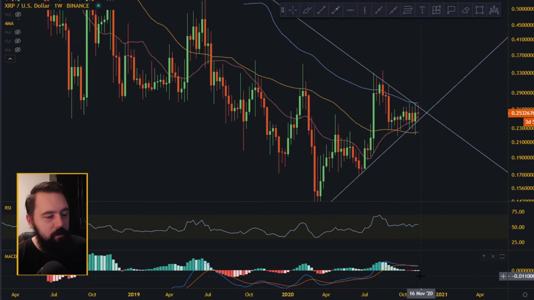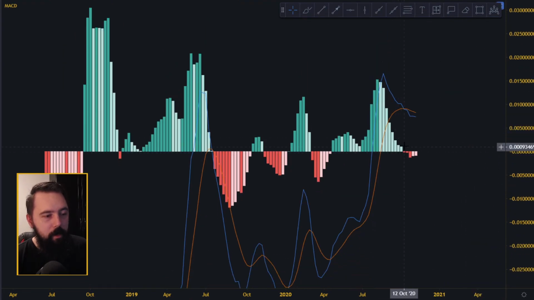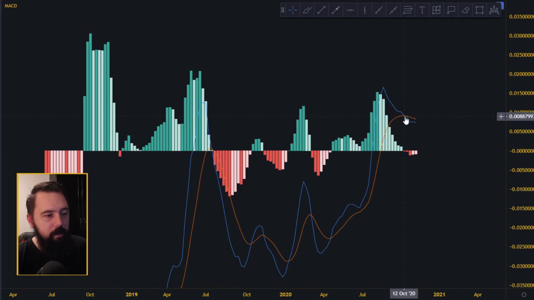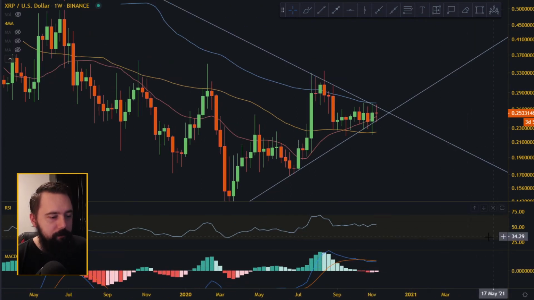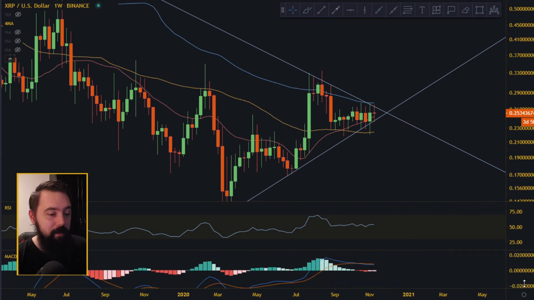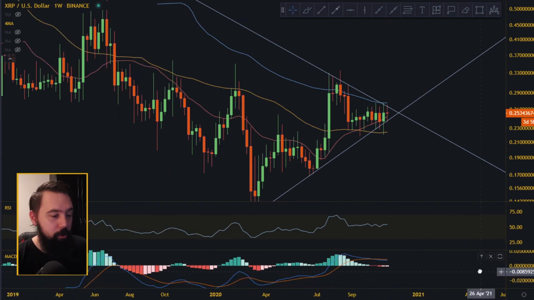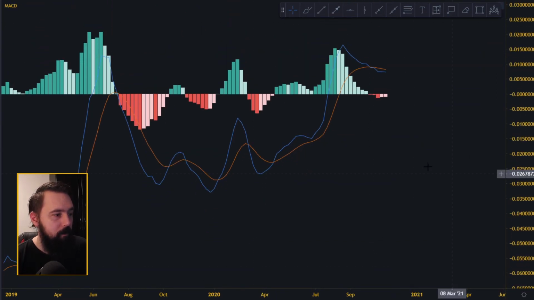For example, if you look at the weekly on the MACD, we are on the upper side of the histogram. We got a bearish cross here, but it looks like it's changing. We still haven't got a bullish cross, but the fact that the blue is under the red, and that the next cross that happens has to be bullish, is a positive sign. So we have to have a bullish cross like we did here.